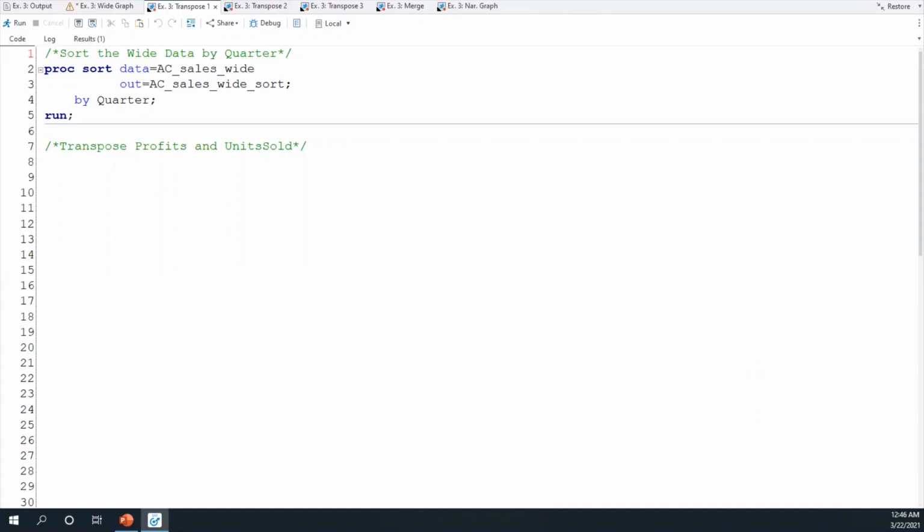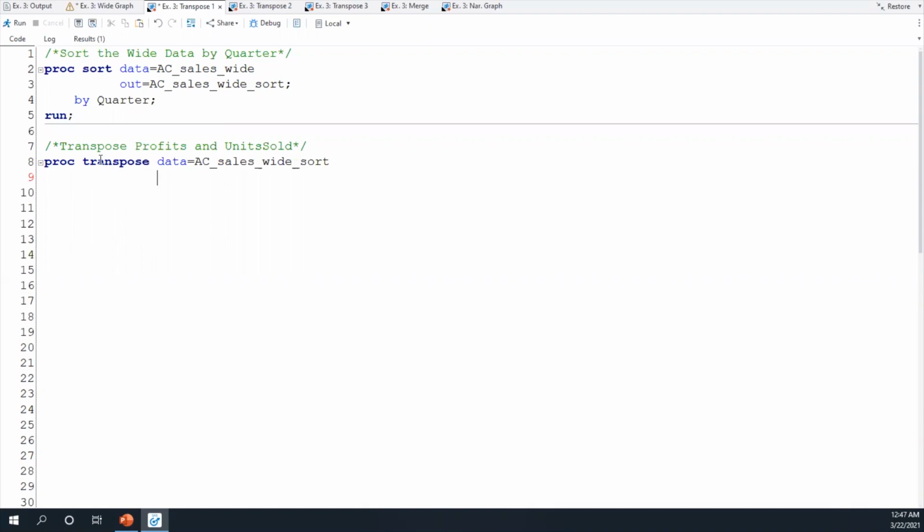Now we've already discussed what we'll need for this step, and it looks like the data has already been sorted. So let's go ahead and write our proc transpose step with the by and var statements included. I'll start out with the proc transpose statement and the data equals option pointing to my input table, sales wide sort.